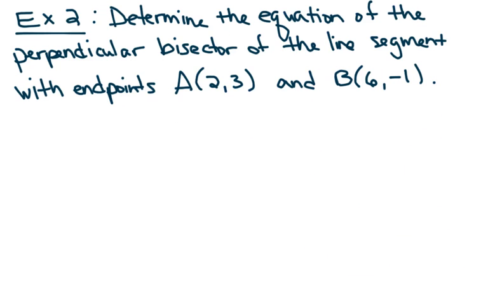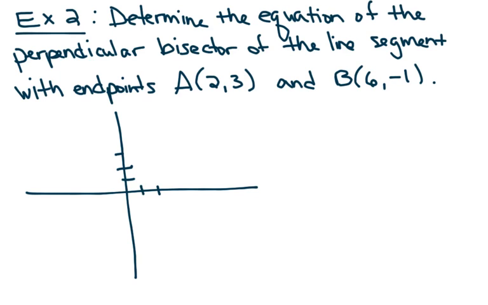In this next problem, I'm going to incorporate some geometry into the algebra so you can see a connection. I'd like to determine the equation of the perpendicular bisector of the line segment with endpoints A at 2, 3 and B at 6, negative 1. In other words, if I have a coordinate plane and I put a dot at 2, 3, and I put a dot at 6, negative 1, and I draw some line through it,